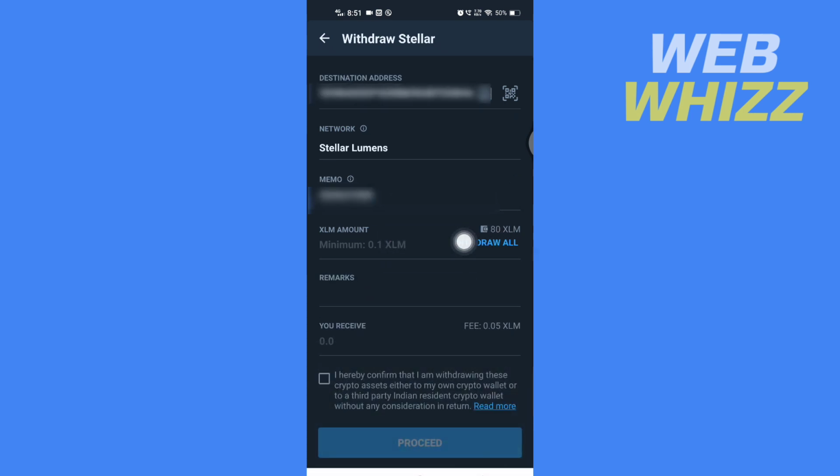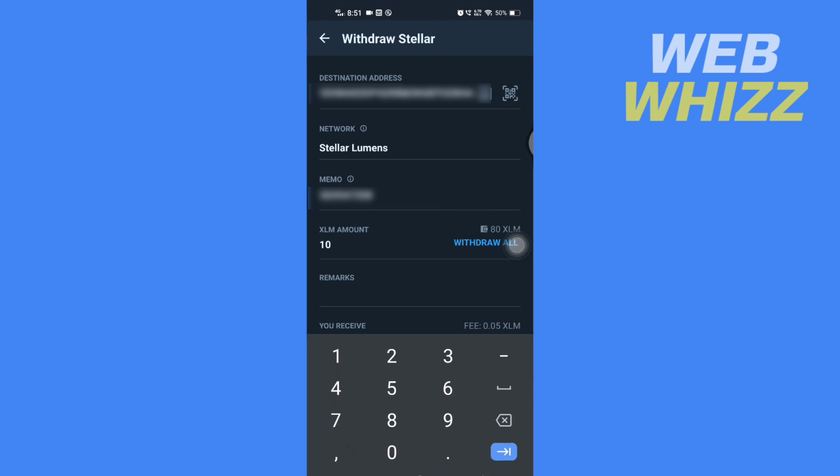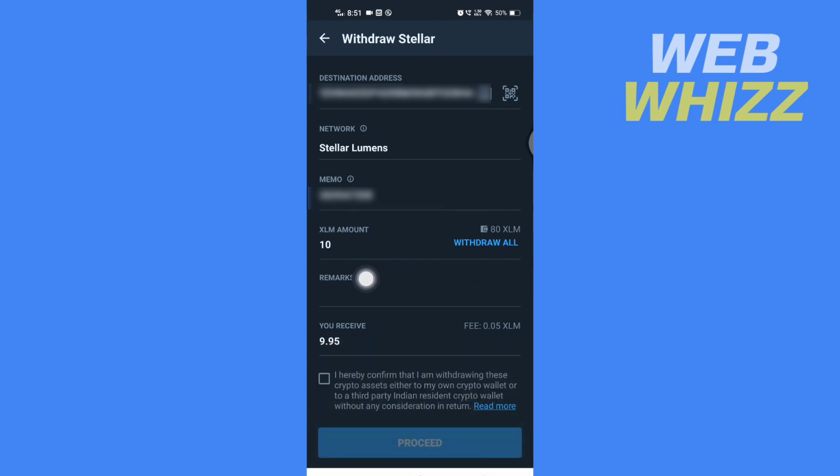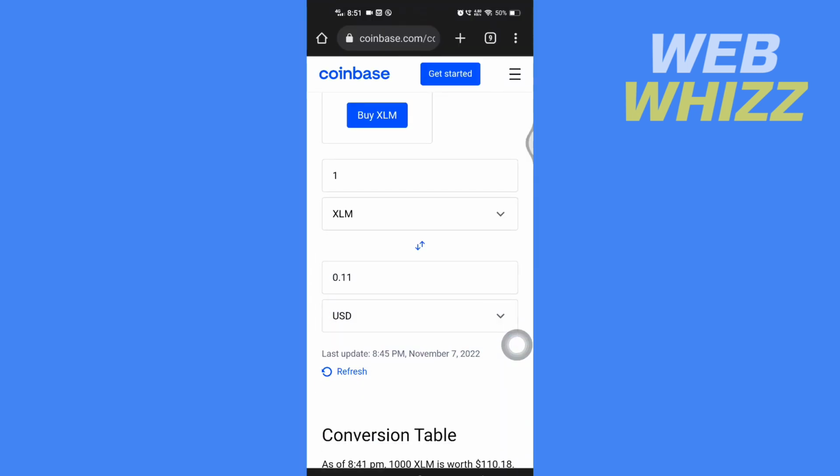Now here you have to enter the XLM amount you want to send to your Binance. So here you will see all of the XLM you have in your wallet. I have 80 XLMs. So for a test, I will send 10 XLM, and the fee to send 10 XLM will be 0.05 XLM. So 0.05 XLM converts to